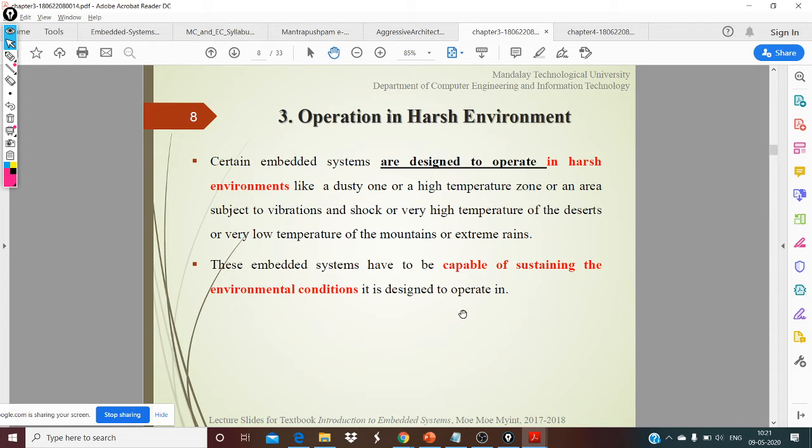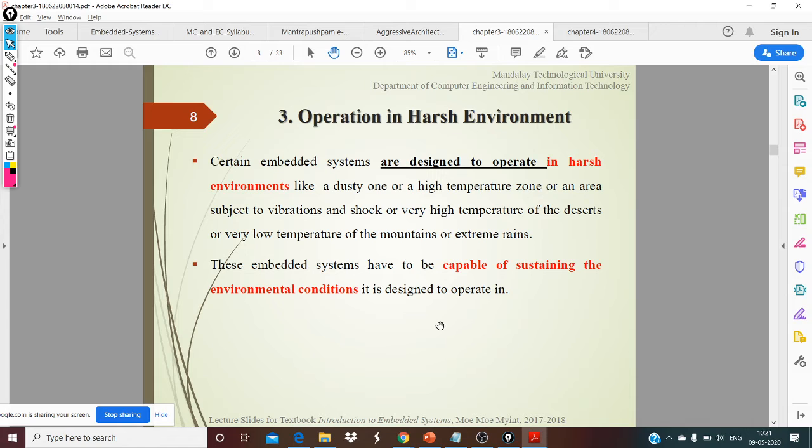If a sudden obstacle occurs in front of any car or bike, we have to press the brake and the vehicle should suddenly stop. Right, that's the real time. So you're just one slide behind. I'm asking about the harsh environment. What do you mean by environment? First of all, what is environment? Surrounding. Okay, so when you say harsh environment, what is that? Like earthquakes. Earthquakes. Okay, nice, it's a good one.